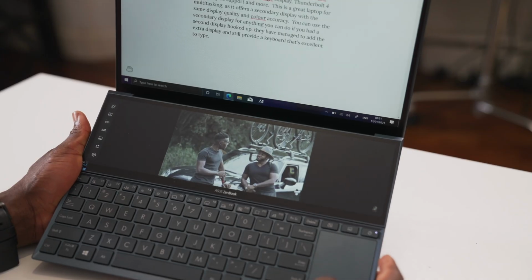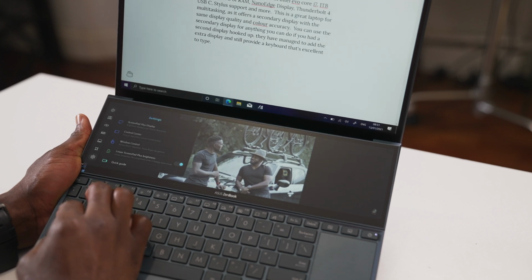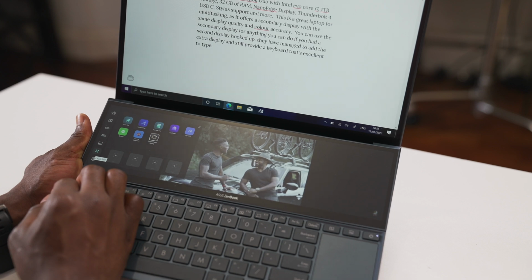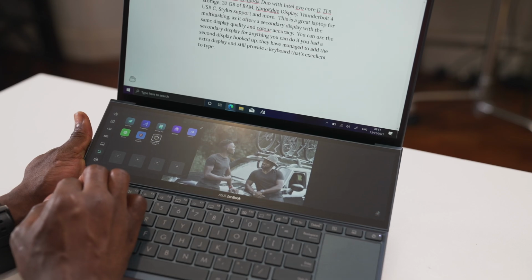I love the quick settings as well on the secondary display. So you've got a quick settings option on the left, so you can select different things. You've got quick app launch as well, so if you want, you can add to it or take away from that. There's also buttons to quickly disable the bottom layer. So for example, if you're gaming on the bottom one and actually working on the top one, and your boss is approaching, you can quickly switch that over so they don't see that you're actually gaming and not doing any work. Or if you're watching porn and your partner is about to catch up on you, you can quickly switch that off as well. But anyway, that's just an unboxing and a first look at the 2021 Asus ZenBook 14 Duo,